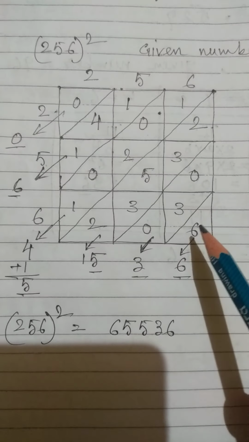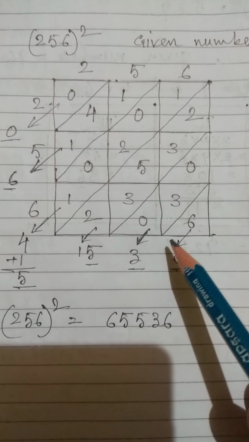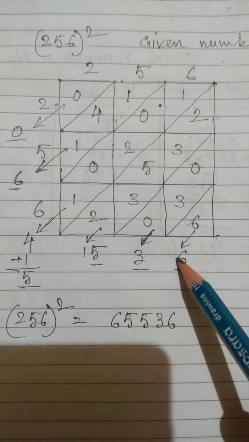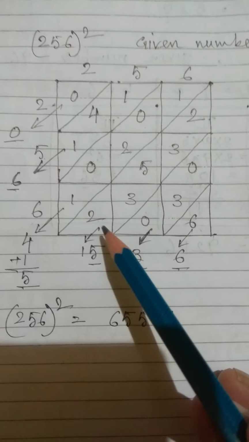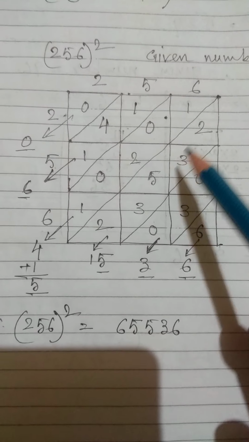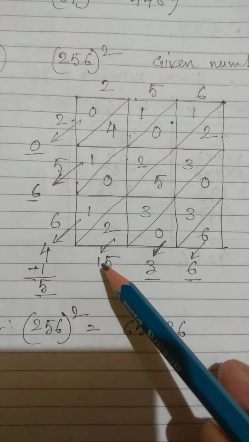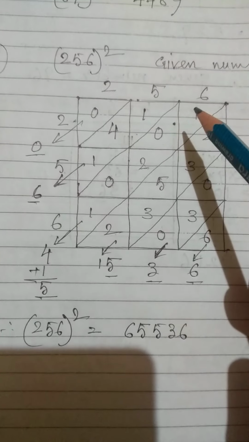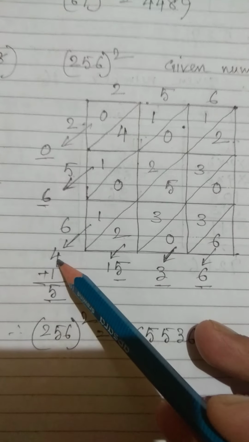Now, find the sum of the digits along this column, this line. It is only 6, so 6 is there. 0 plus 3 plus 0, 3. 2 plus 3 plus 5 plus 3 plus 8, that is 15. The sum of these 3 numbers equals 15. The sum of all the numbers, 1 plus 0 plus 2 plus 0 plus 1, equals 4.